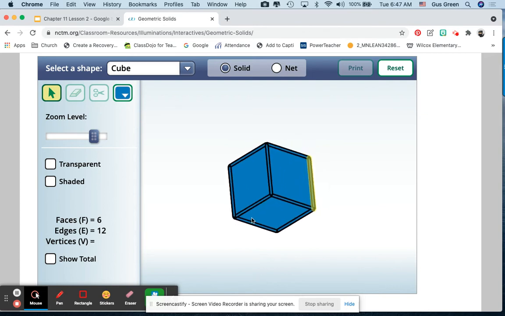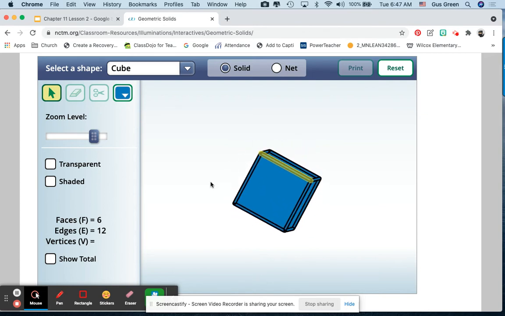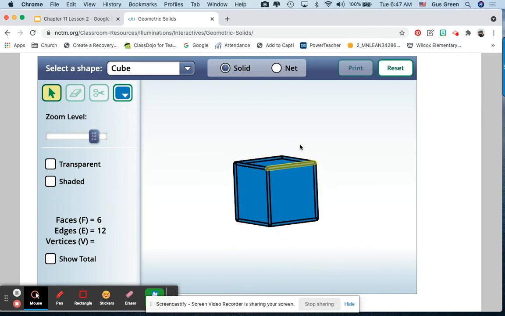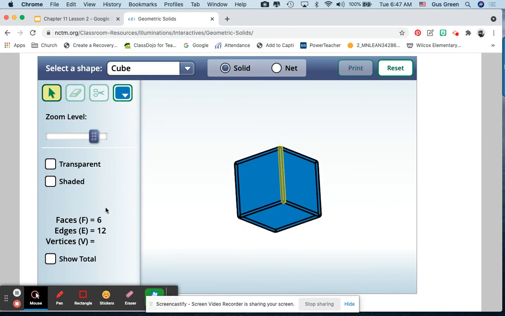I think I got them all. The last one I clicked on is going to be a different color, so don't let that throw you off, but it looks like I've got them all. So there are 6 faces, 12 edges, and then the last one we have to find is vertices,